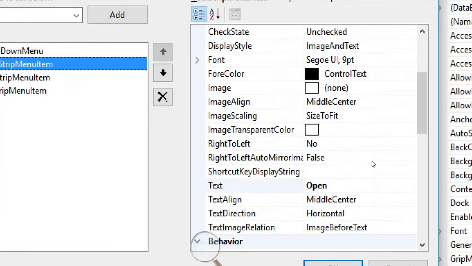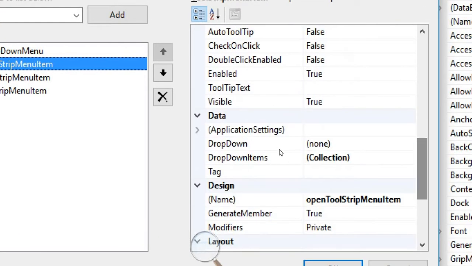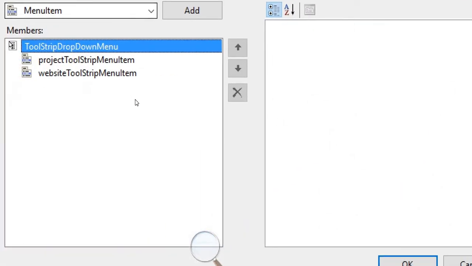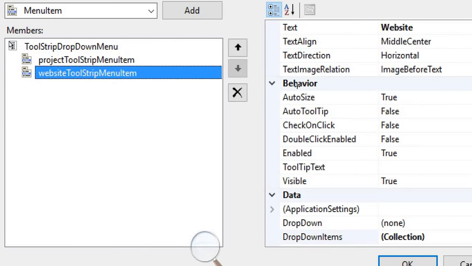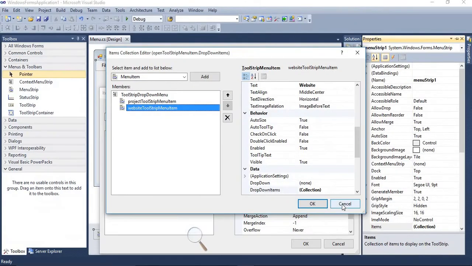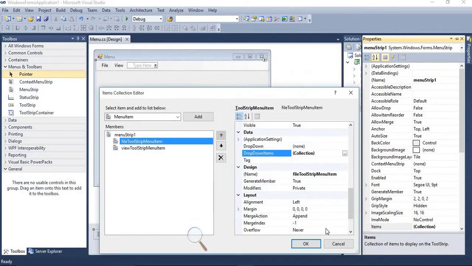In Open also, click on drop down item. It's Project, Website. You can see in the Text property it is mentioned. If you want another submenu, then you can also click on drop down item. Likewise it will give you the menu, and you can design your menu as per the requirement.